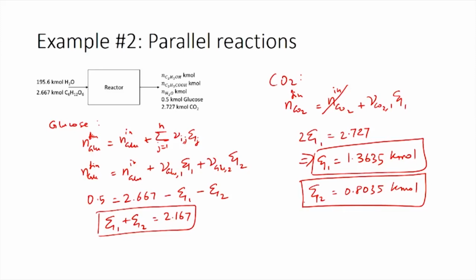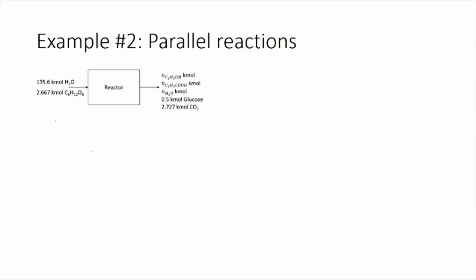For that, we should write component balances for the individual components. Let us start with the water balance. So, the water balance would be N water final is equal to N water initial plus stoichiometric coefficient of water in the second reaction times the extent of reaction for the second reaction. Water is not taking part in the first reaction and it is being produced in the second reaction. For this reason, we have used only the stoichiometric coefficient of water in the second reaction and the extent of reaction for second reaction. So, the initial amount of water is